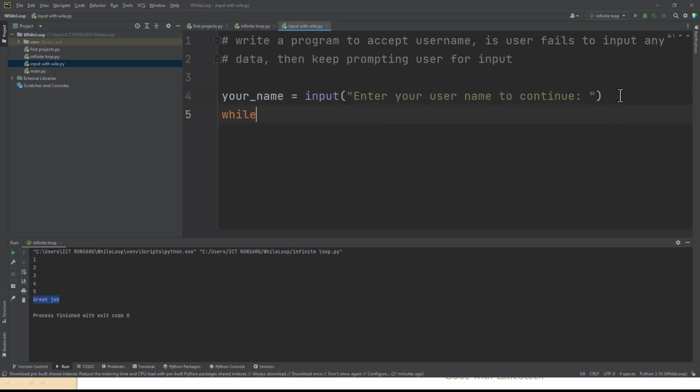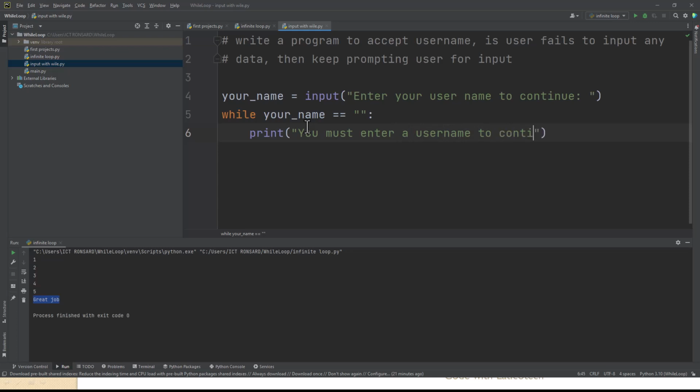So whilst your name is not empty, so this is how to put empty in Python. So whilst the input is empty, if it is empty, then we will keep prompting you to do so. So we will do this: print "You must enter a username to continue". So if that's the case, then we have to also allow the user to be able to have